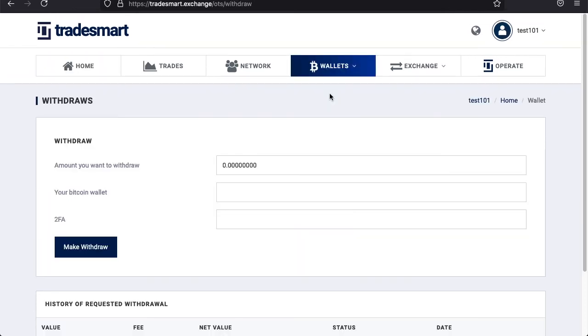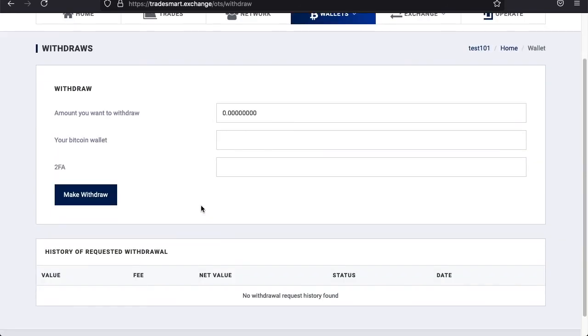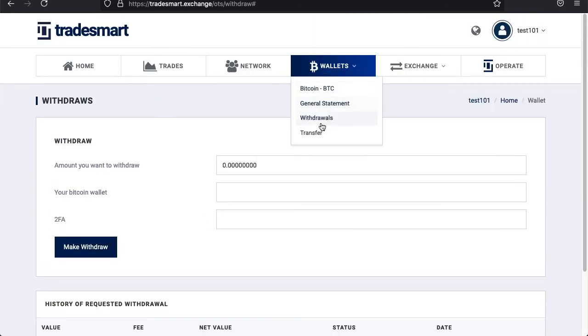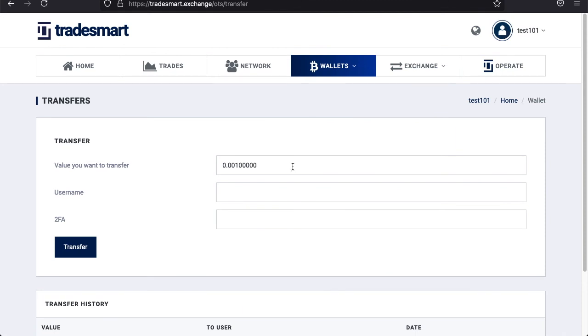Now if you want to withdraw, you have to go to wallets and withdraw, and you have to put here your amount that you want to withdraw, your wallet, and you have to put the second factor, otherwise you can't withdraw. If you want to transfer bitcoins to another user, you have to put the second factor. So the company made it secure,